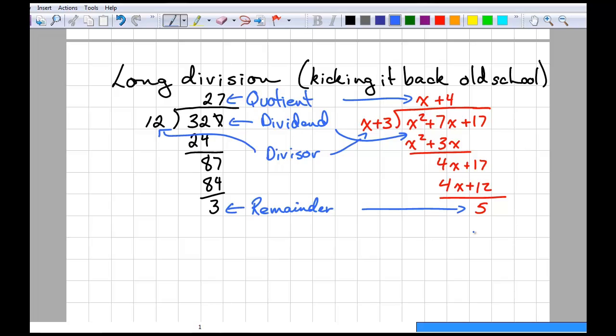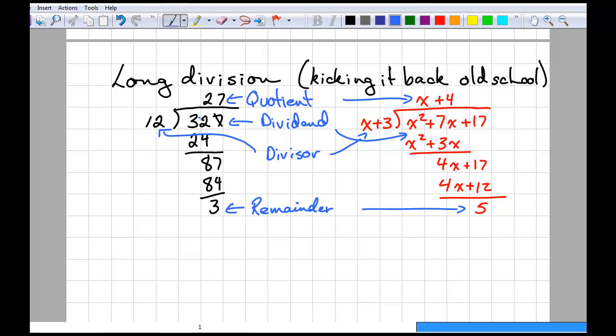So just a quick reminder of some language. If you look at long division over here on the left, we're kicking it back old school here. We're looking at a dividend, 327. It's being divided by a divisor, which is 12. The answer to a division is a quotient, 27 in this case, and sometimes, often actually, we get a remainder of 3. So just to remind you, when we divide 327 by 12, we're looking for how many times 12